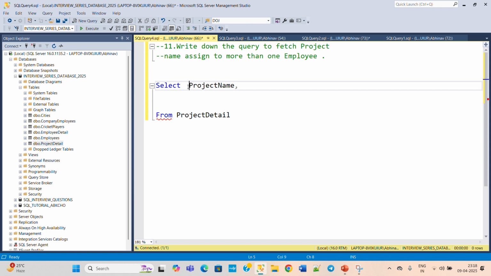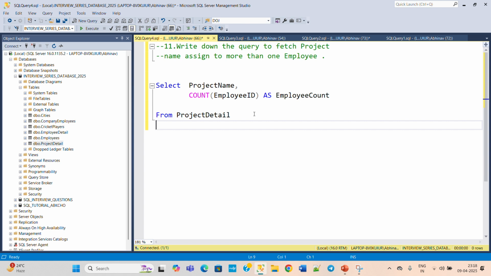Okay, and we need to check whether the count is greater than 1 or not. So count of employee id as employee count, and then we need to group our result set by project name. So group by